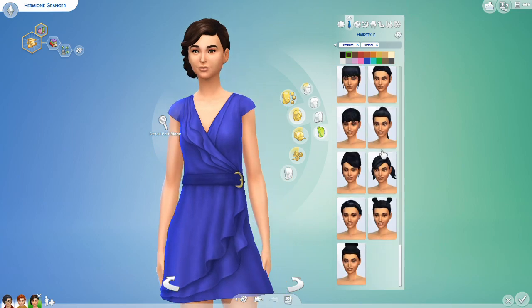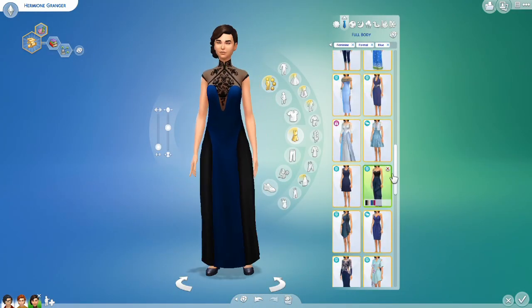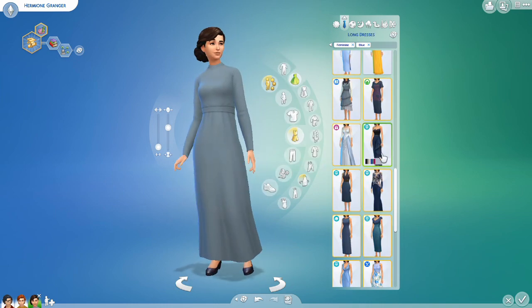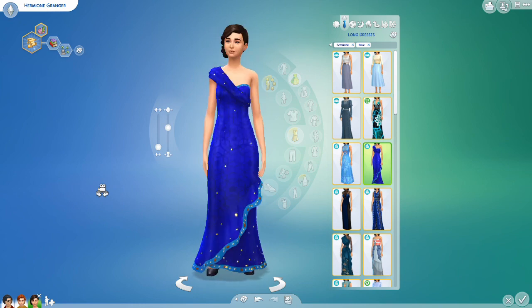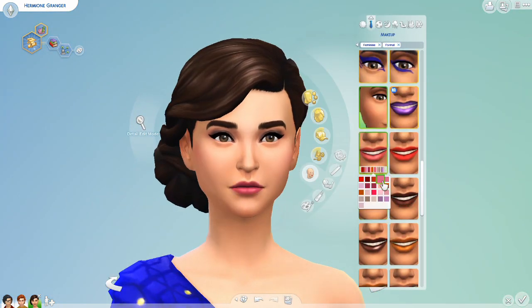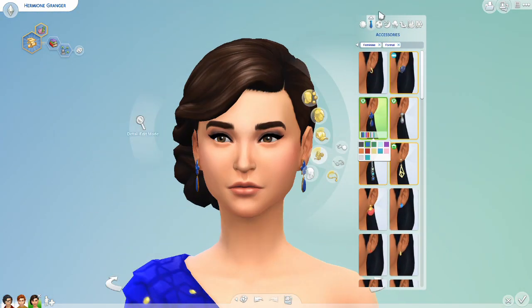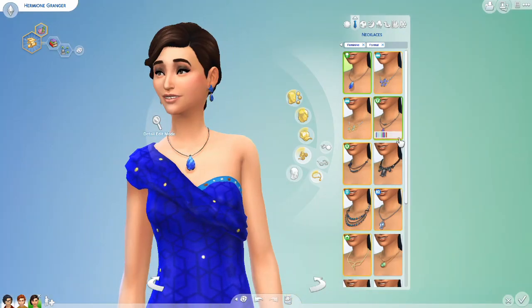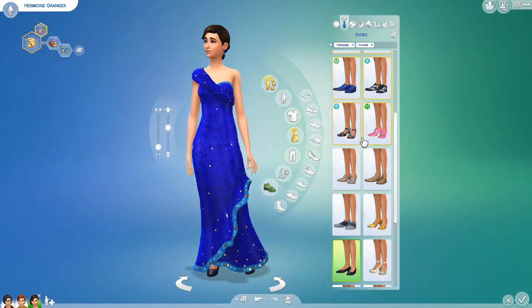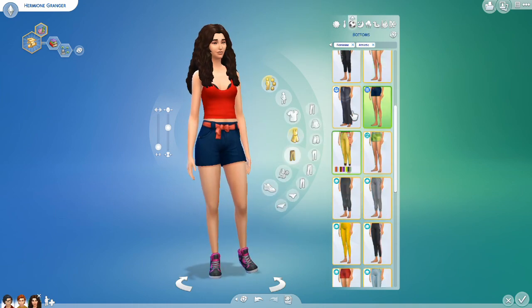And now I am doing her formal wear, which took a while, but obviously I had to give her a blue dress because if you're not a book fan of Harry Potter, you won't know this, but Hermione wears a blue dress to the Yule Ball in the 4th book. But in the movie, it's pink. And for a lot of people, like myself, the pink dress is a symbol of what is wrong with Hermione in the movies. So I definitely had to have her wear a blue dress,